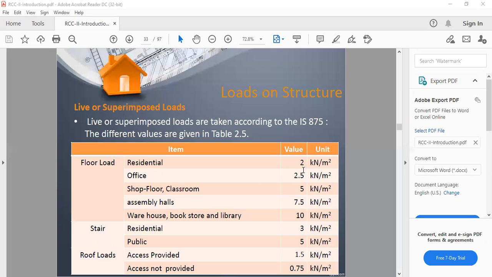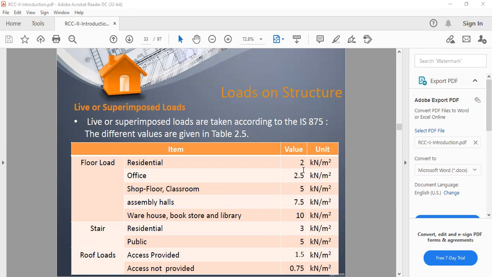We have gone through certain criteria related to it, such as the partial safety factor for load and the partial safety factor for material. We have even gone through the different IS codes for the